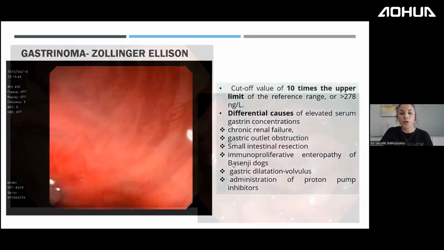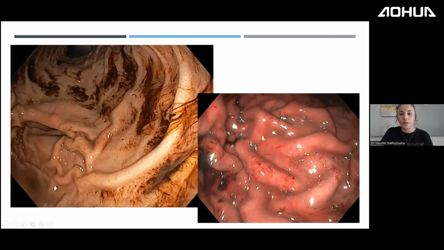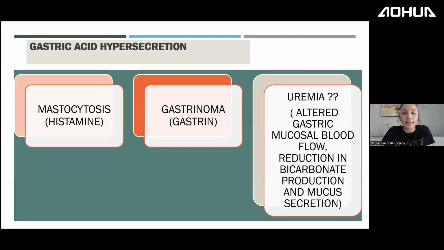And these are pictures of the same stomach with the Zollinger-Ellison. There are three situations in which we have gastric hyperacidity. The first one is mastocytosis. So please, whenever a Shar-Pei, for example, or a Labrador comes in with chronic vomiting, check for lumps